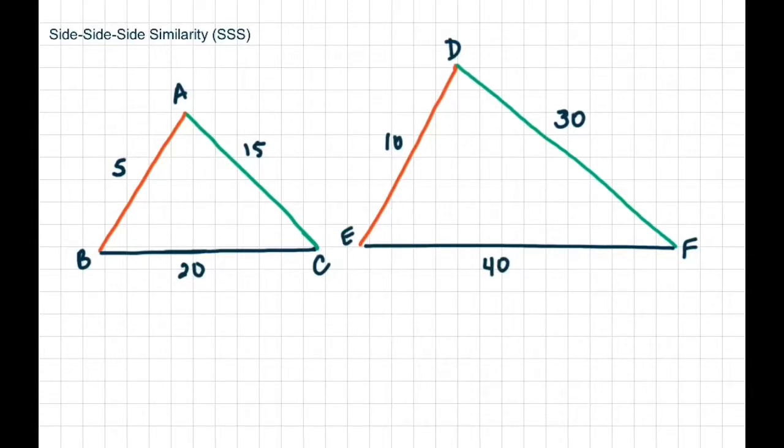The way I would find out they were proportional is that I would just go over them. So AB is 5, and DE is 10, so DE over AB,